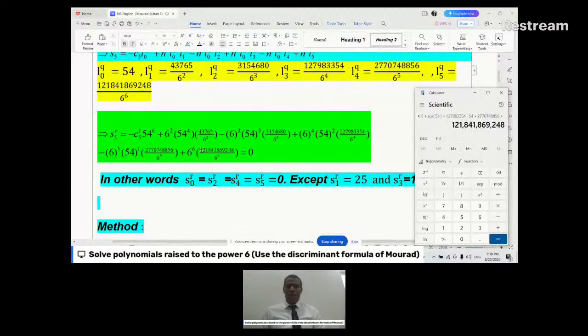Okay, 841 million. But then after 869,248. So this one has to be equal to